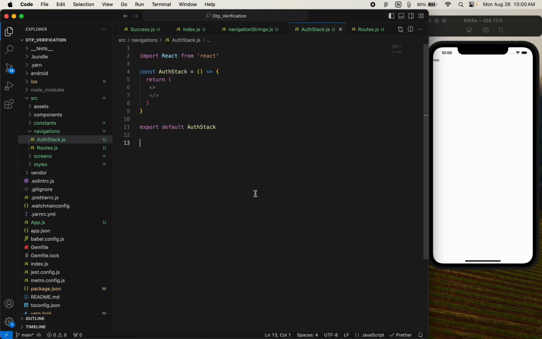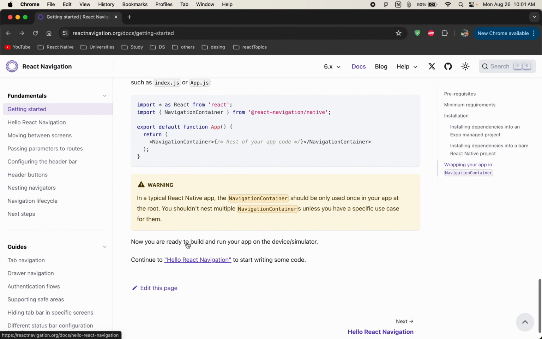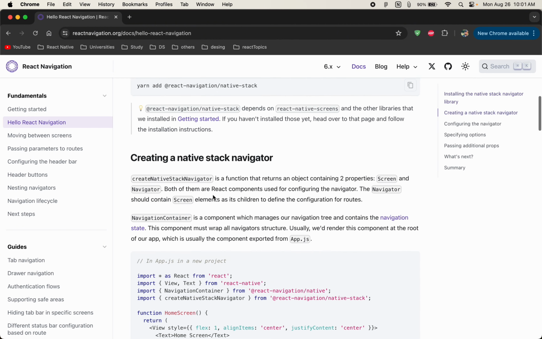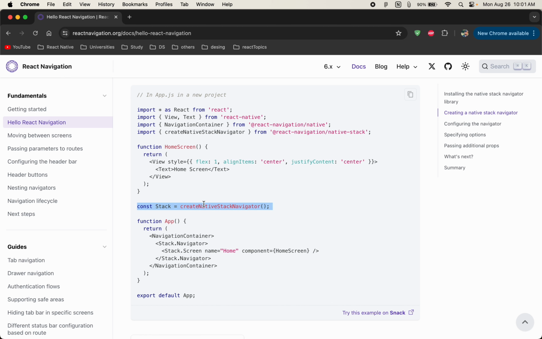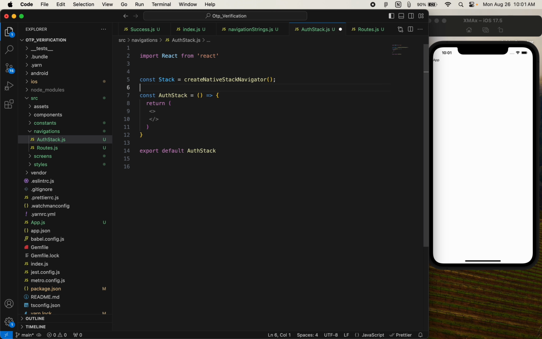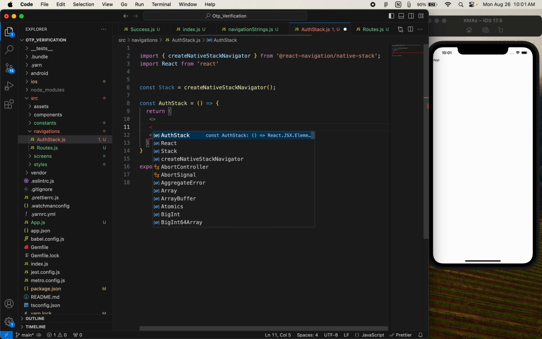So now I need to go to the React Native navigation library. Just come here after the installation of the stack. Just scroll down. We need to import the native stack navigator. Just copy this and come here and paste. Let me import the navigator. I import it and just come here and